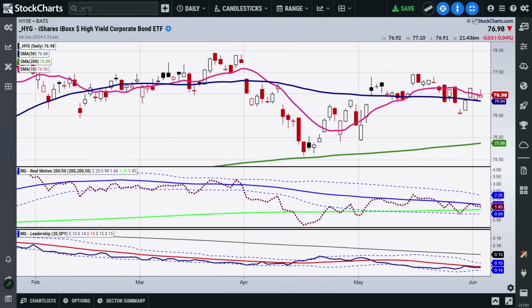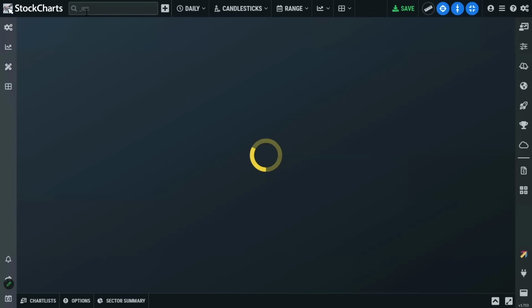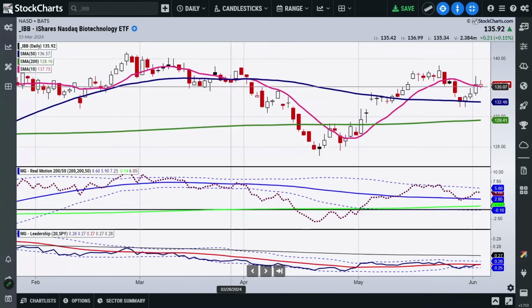Okay, so now let's move on, because I mentioned a lot of areas that have potential weakness, which will bring the market down, but also possible hope. Here are a couple of sectors in the modern family that look good. And right now, I'm very interested in the biotech space for a couple of reasons. Not only are we in a bullish phase, but I really like the fact that it's having a sort of narrow range inside day, with the IWM, the Russell, being down today, sitting on its 10-day moving average.